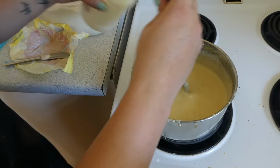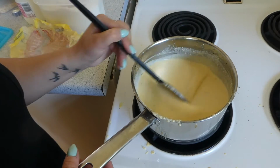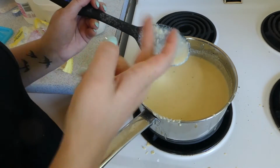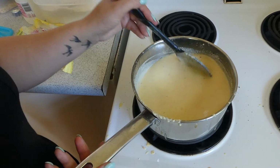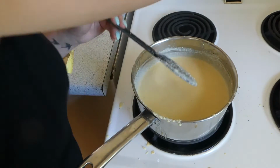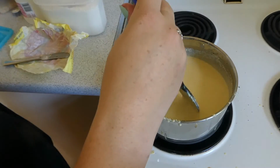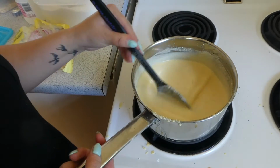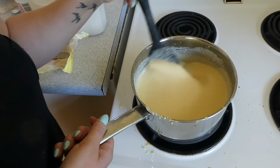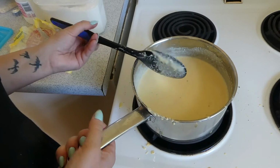And you put in the rest of the cream. So now what I've done is put in the rest of the cream, and I'm giving it one good last stir. And it's nice and cheesy because I just tasted it. So now I've turned the element off, and it's all nice and creamy there, so I like the consistency of it. So I'm just going to let it sit for about 5 minutes